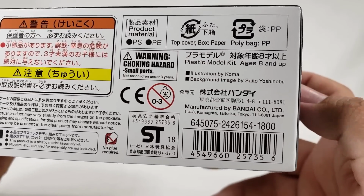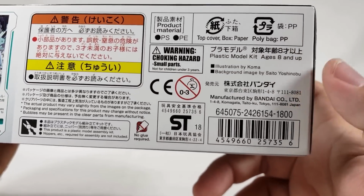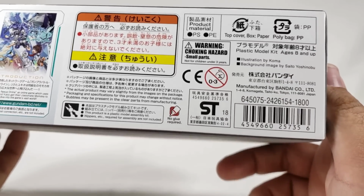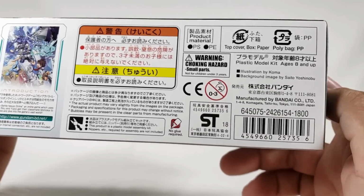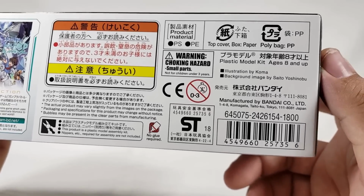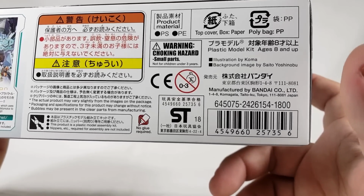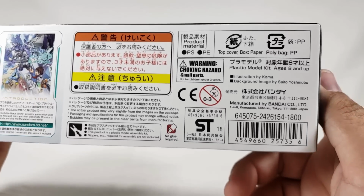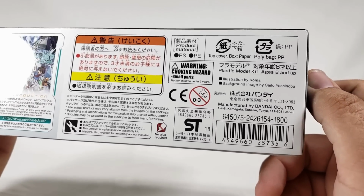And you got polybags up there. They'll give you the kit for 1,800 yen. Decent price. It does come with a good amount of stuff. And I think because it's a newer kit, that's probably why they went that way, being that G-Reco is only a couple years old. And illustrations by Como, and background images by Saito Yoshinobu. I almost lost the ability to read that for some strange reason. But hey,